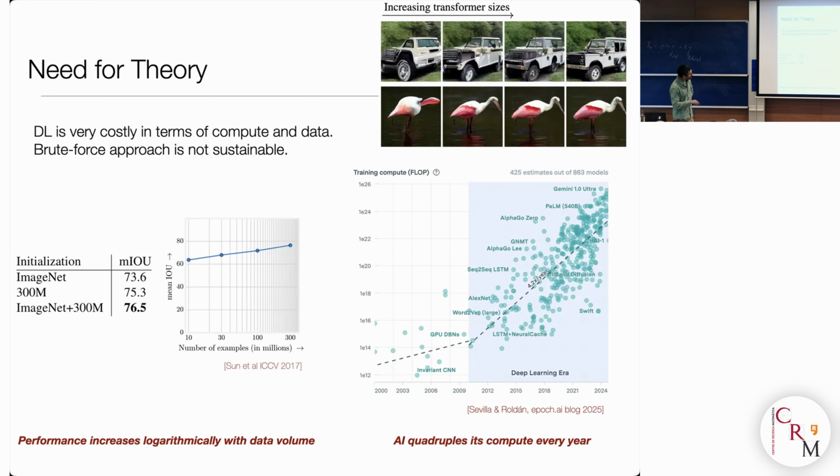This one is a little bit scarier, in a way. This is the compute that you need to train these models. You don't see the scale, but I'm going to give it to you. This is in flops. This is 10 to the 12. This is 10 to the 26. This is the early days of modern machine learning, as it's been called. Here we are in 2010. And this graph, where Gemini is over there, is what it costs to train these models.